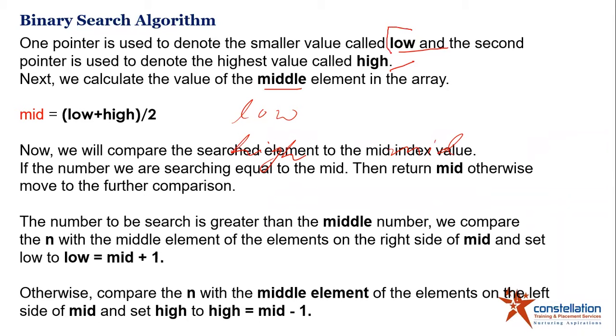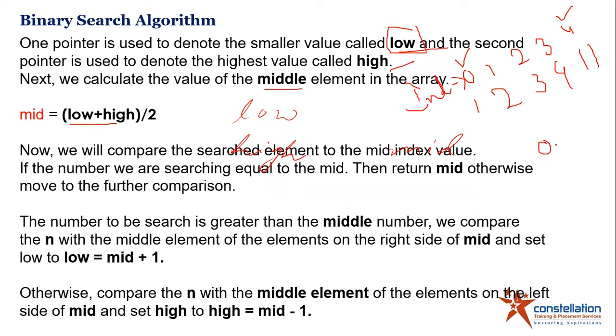Now what is low? Low is the first element, the smaller value, that is the first index. Let's suppose that you have 1, 2, 3, 9 and 11. So basically the indices are 0, 1, 2, 3, 4. These are the indices that we have, right? So low is going to be 0, your high is going to be the highest index, that is 4, and then you have to calculate middle through this formula: (low + high) / 2. So here in our case, with 0 as the lower index and 4 as the upper, it is going to be (0 + 4) / 2, which is 2. So your middle will become 2.